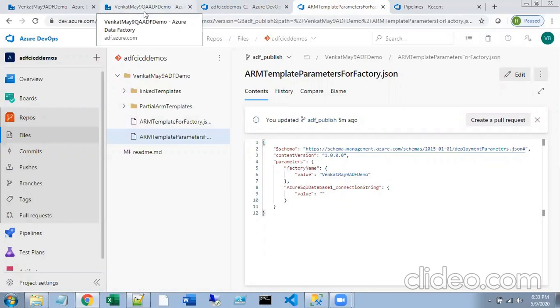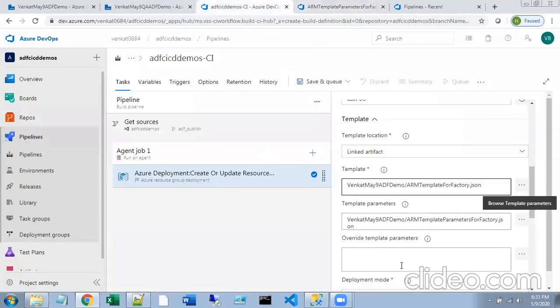This is the one that you have to replace with this value, and here is the other value that you have to replace for connecting to the Azure SQL database you have in your QA resource group. These are the only two things that you have to change. The place where you will be changing these values is override template parameters. We have only two parameters.